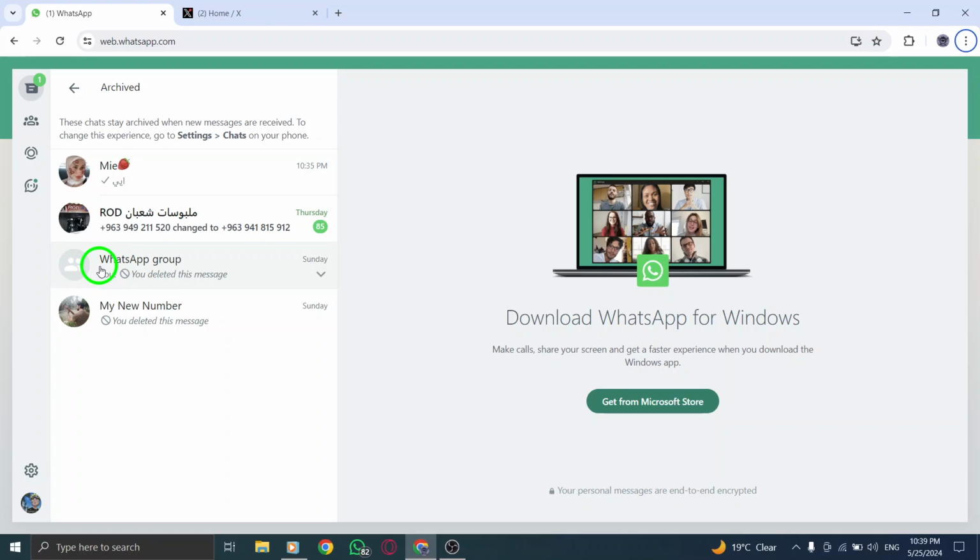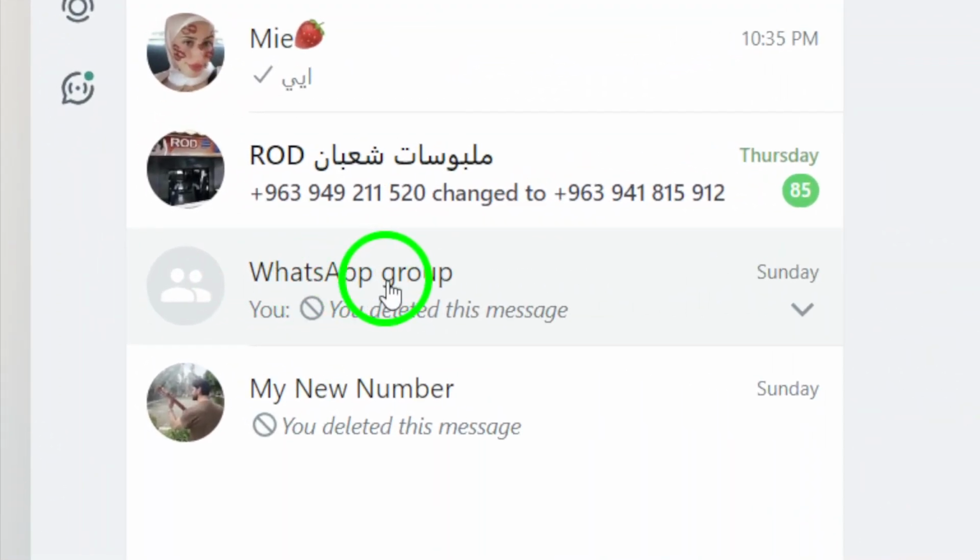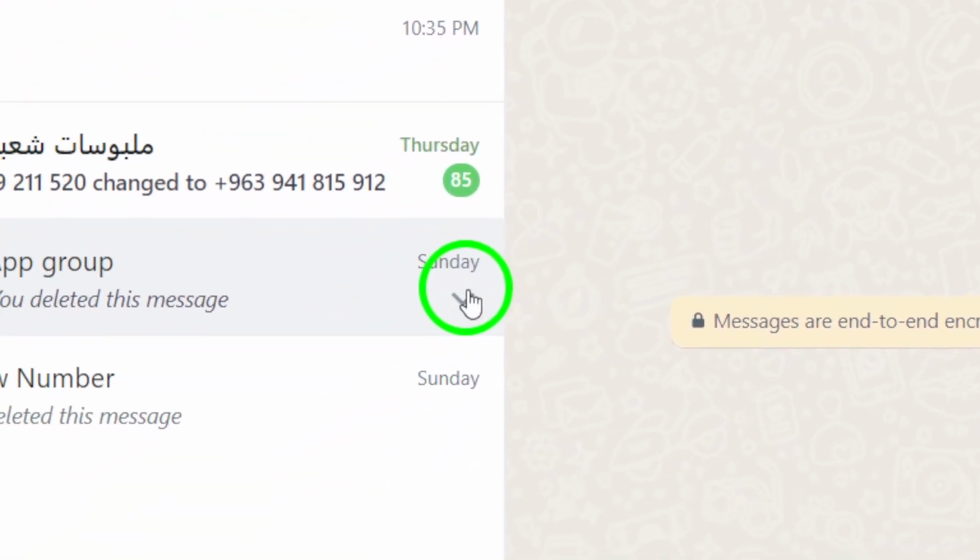You can use the search bar or manually browse through the archived groups to locate the one you want to retrieve. Once you have found the archived group you want to unarchive, simply click on it to open and view the group chat. You can then choose to unarchive the group to move it back to your main chat list